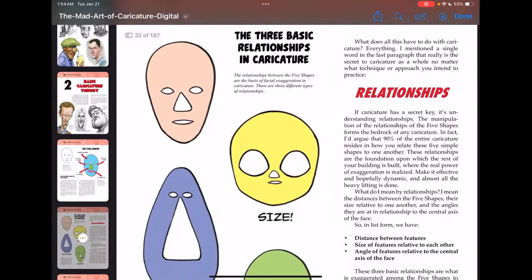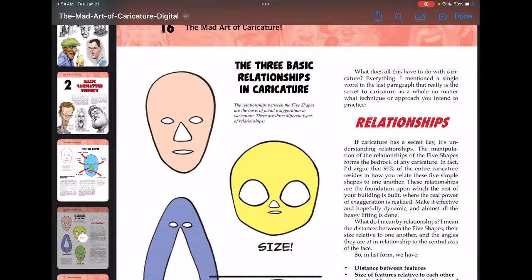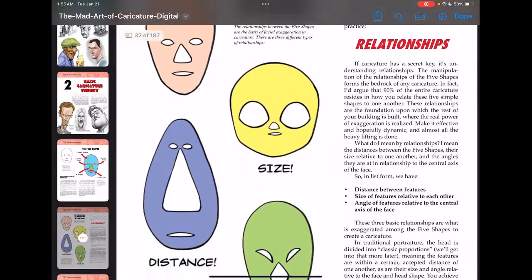The three basic relationships in caricature. The relationships between the five shapes are the basis of facial exaggeration in caricature. Fair enough. What does all this have to do with caricature? Everything. I mentioned a single word in the last paragraph that really is the secret to caricature as a whole, no matter what technique or approach you intend to practice.